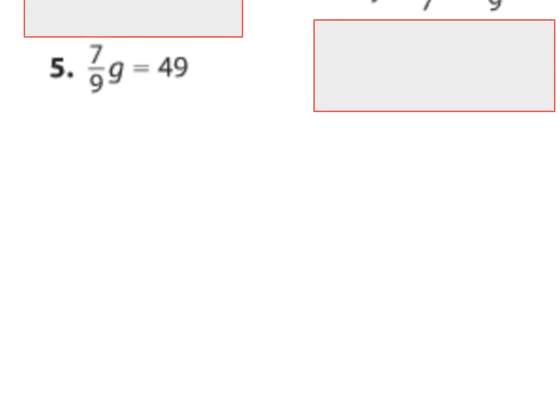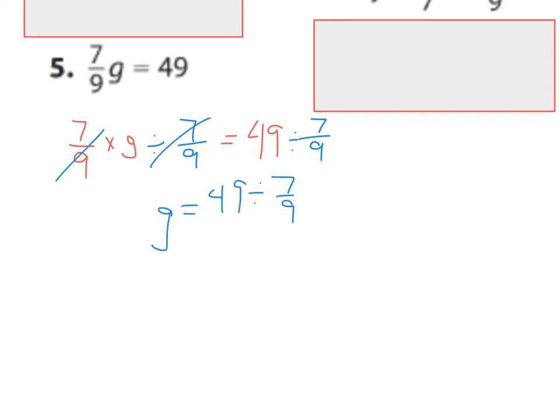First I asked myself, what was the opposite of multiplying by 7/9? I knew that it was 7/9 times g. I knew that I needed to do the opposite of multiplying by 7/9, which is dividing by 7/9 on both sides. Because we have multiplying by 7/9 and dividing by 7/9, those cancel out, so I have g equals 49